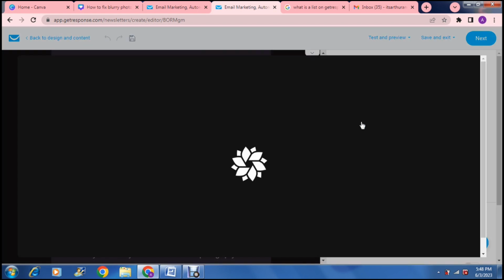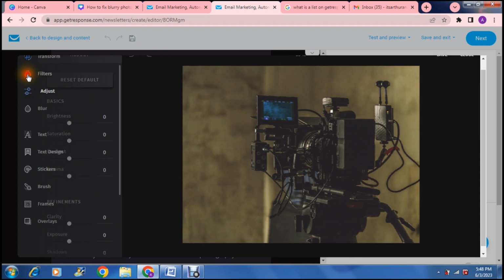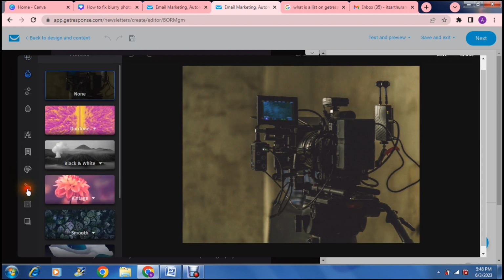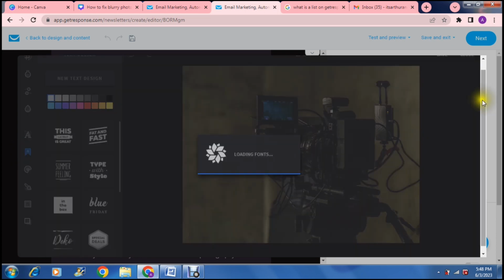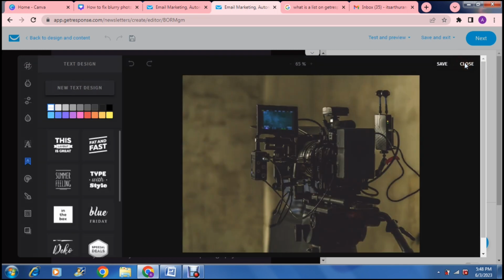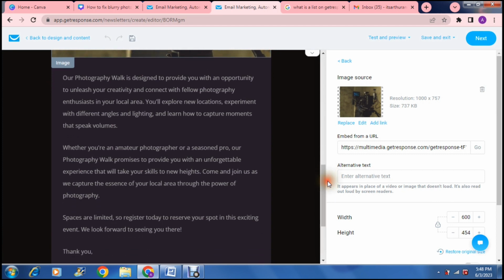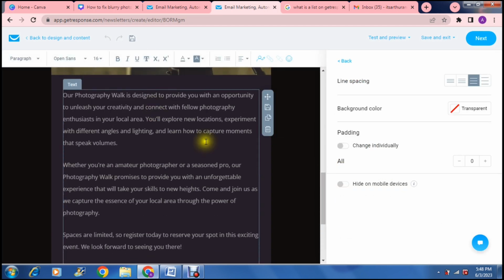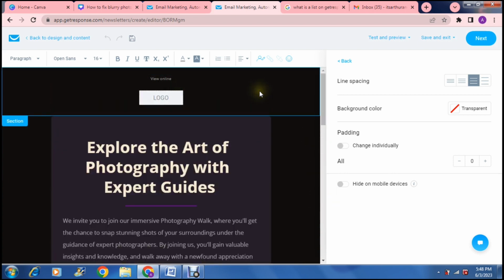So there is a lovely tool here that I will just show you quickly. You can actually just change a bunch of the color. You can change the filter. You can add a bunch of frames onto it. You can add text onto it. So there's a lot you can actually do in here to make sure that this is a unique image. And then as we go down, you have the body of your email, and what you do is tap on it, and then you can just erase and type in whatever you need to type in. You can edit that accordingly. And there you go. Once you have done that, we're going to say next,